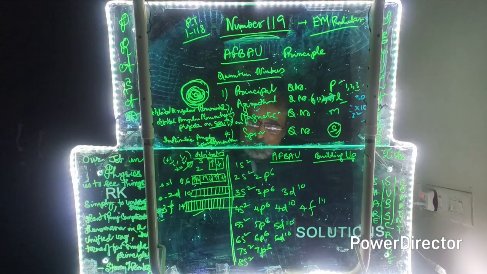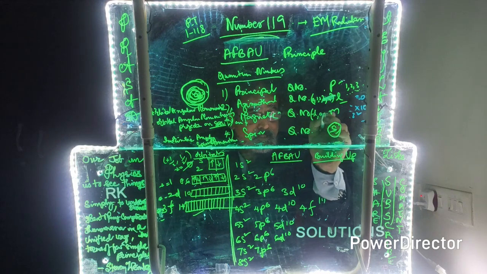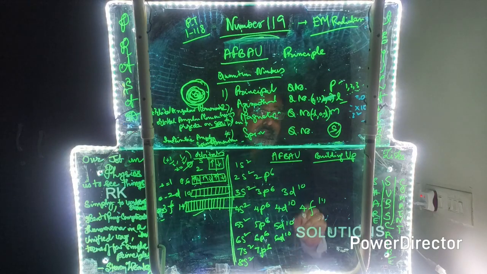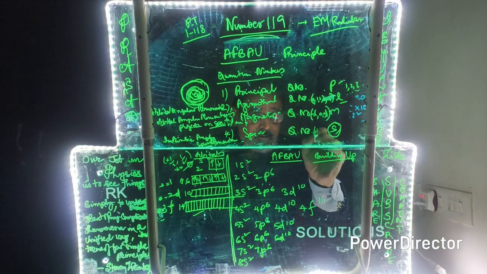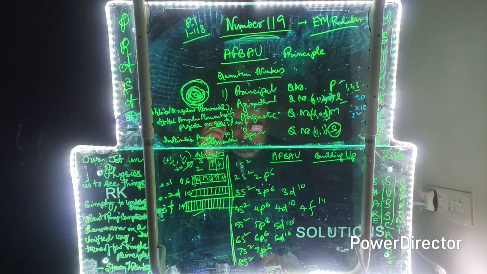Right? So let us see, and then after this you have the magnetic quantum number. For the magnetic quantum number, it will contain minus L, 0, plus L. It will contain those values. The spin will of course be plus half or minus half. It will have this minus L to plus L, meaning let us take an example here. Building up,